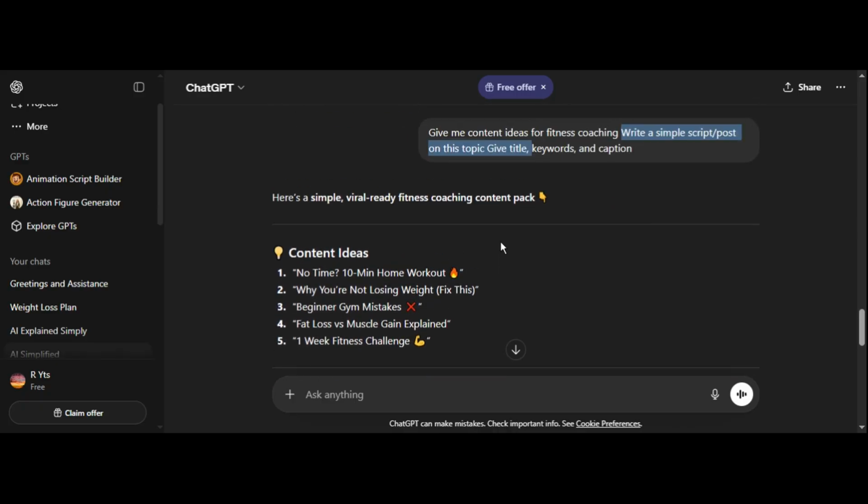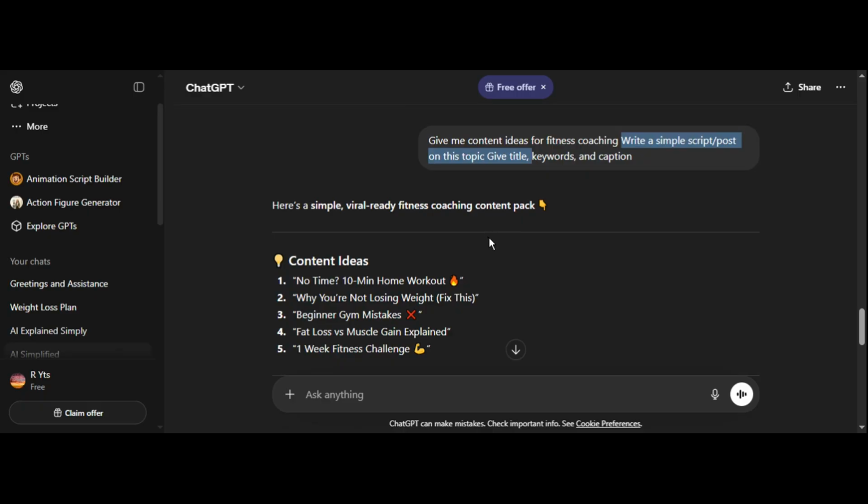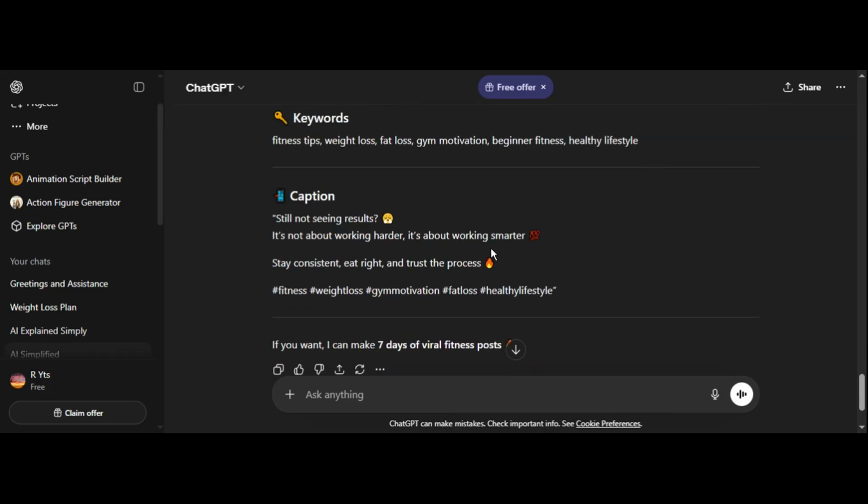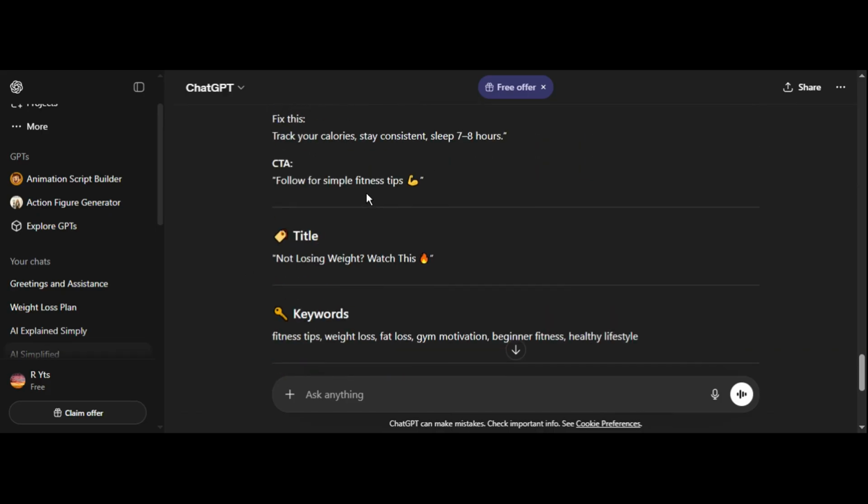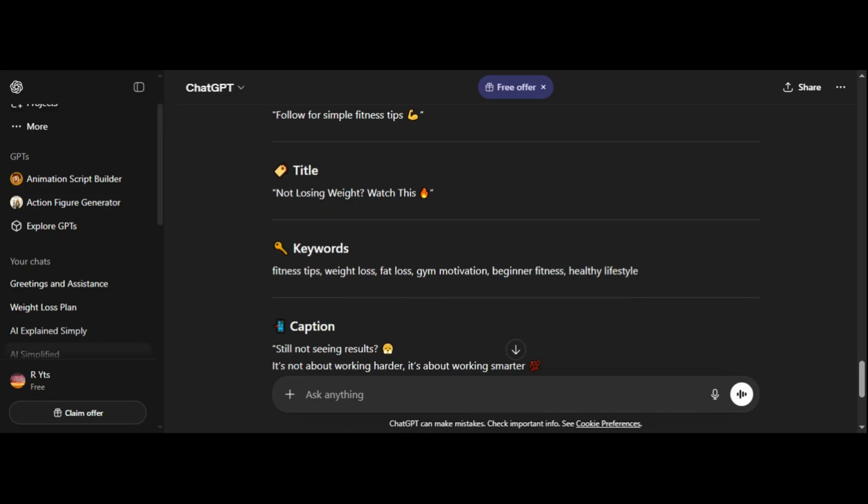Next, we move to the content creation step. After choosing a topic, you can ask ChatGPT to write the actual content for you. This could be a script, a blog intro, a social media post, an email, or even a short caption. For example, type, "Write a simple script post on this topic." You can also add more detail if you want a specific style, tone, or platform. For instance, you might say, "Write a simple Instagram caption on this topic," or "Write a short YouTube script in